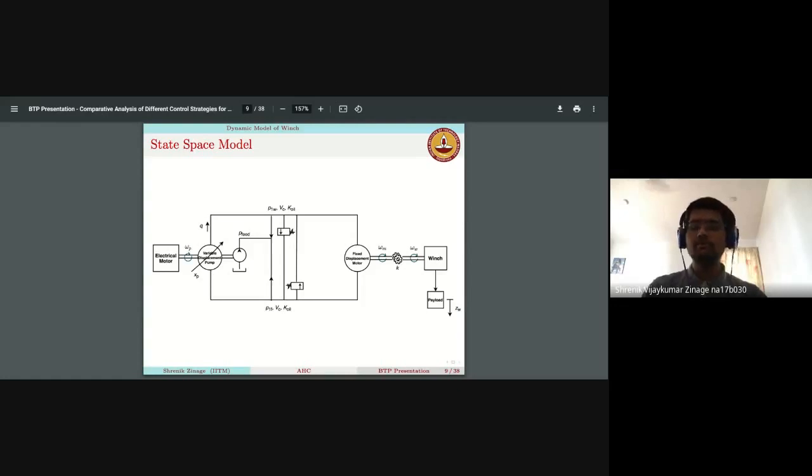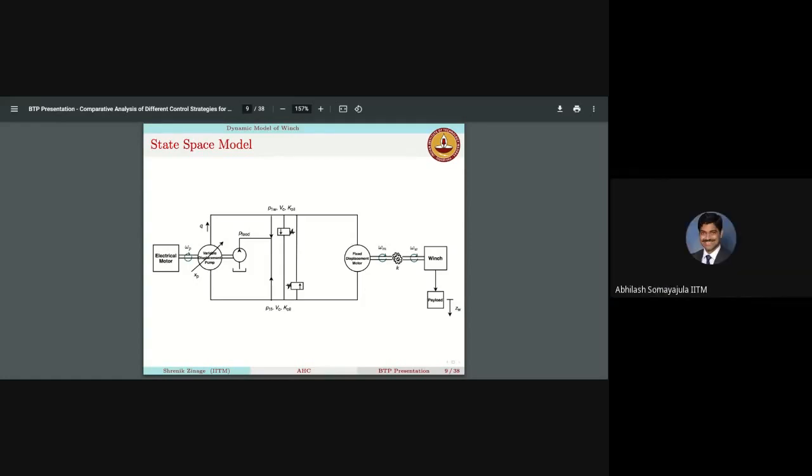Since the payload we are using is of the order of tons, in the sense that we are using like 1 ton, 1,000 tons, our objective is that we need very high energy in order to pull the rope or reel down the rope. So for that, a high amount of energy is required. A high amount of power is required. So that's the reason we use hydraulic motors. Also, another reason why you want to go with this mechanism is that when you have an electric motor directly controlling the fixed displacement motor, you may have issues of backlash. But through a hydraulic system, you are able to better arrest the issues of backlash.